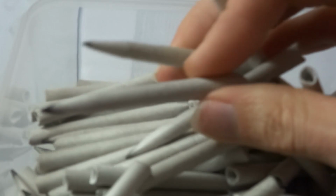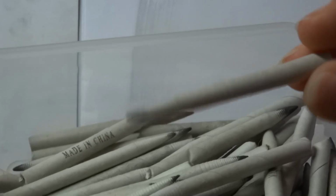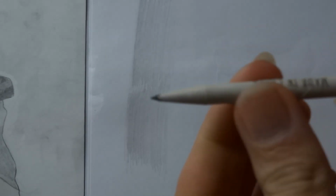So the thing with tortillions is, even when you've got them all messy, you can keep them, because even the dirty ones are still useful. So I'll do another video, a separate video about tortillions later. But like, they come in these little packets like that. So what I'll do is I'll use a dirty one, and these are really cheap. You get them on Amazon for, I don't know, like 12 or something for a couple of quid. So they're quite cheap. But if I use my finger on this one,